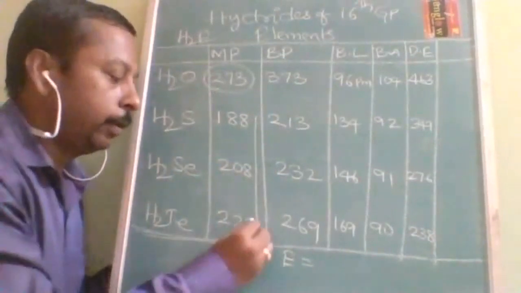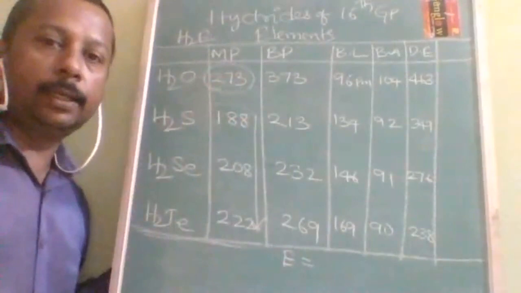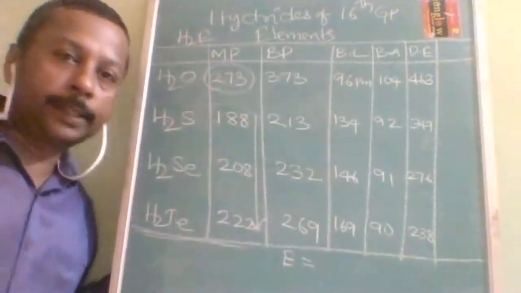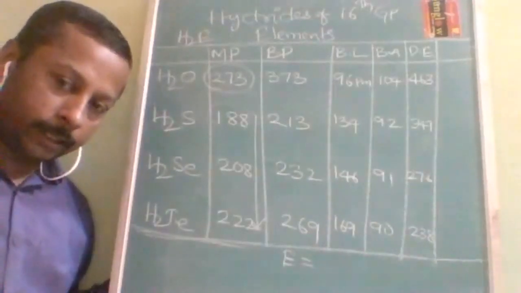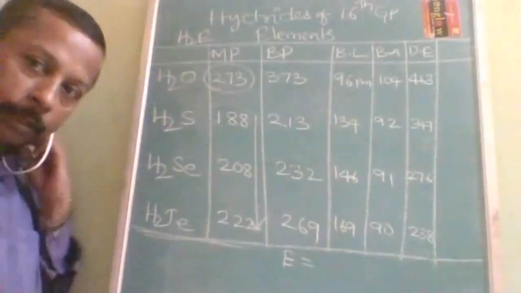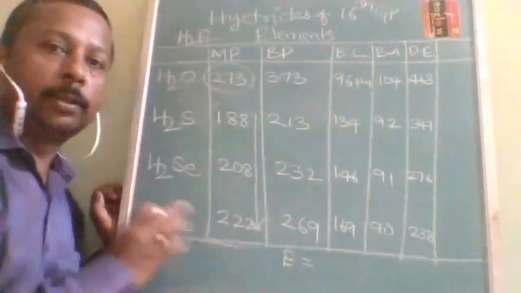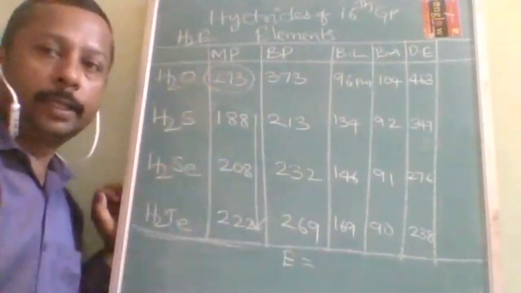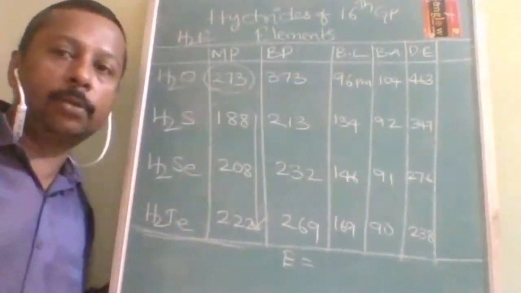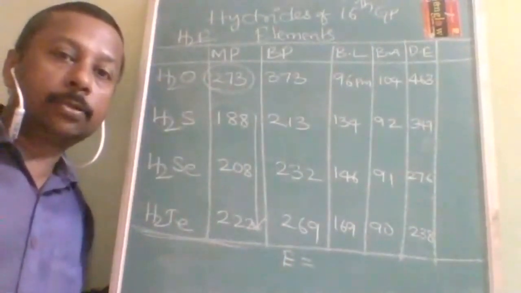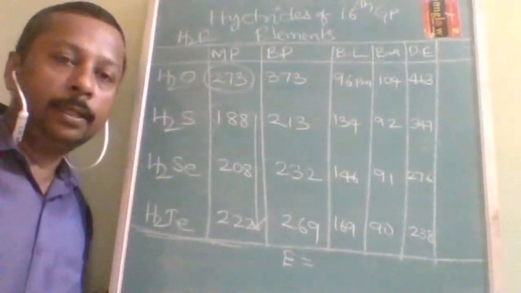Okay. So it is followed here, but not followed by only this. Exceptionally high. Okay. So exception does not mean that there is no reason. There is a reason, but that reason is only important from the competition point of view. Okay. So it is supposed to be how much? Lowest among them. It should be even below 188, but exceptionally it is having how much boiling melting point? 273. That is, it is 273, higher than even the last element, the last compound of the group.